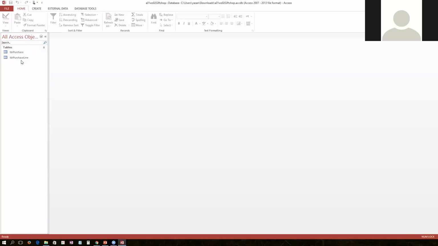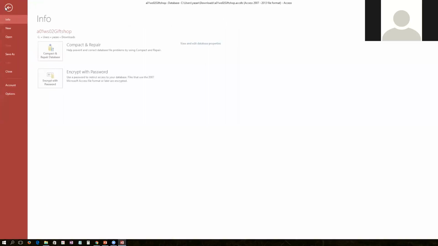For one of them, you're going to import the Excel file and let the wizard create the table for you. For the second one, you will create a table, and then you will import the Excel file and append it to that existing table. So the first part will be, of course, you go and save as this file,